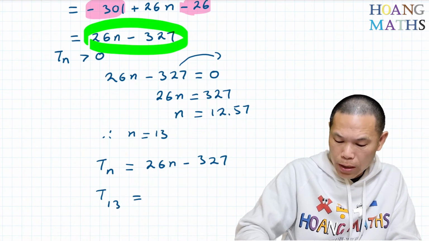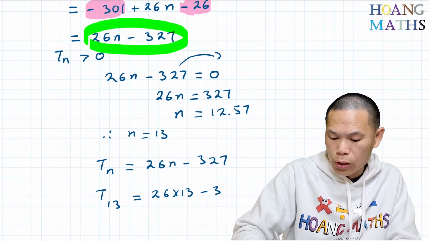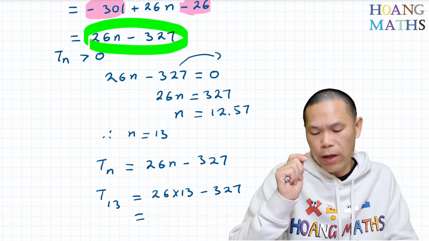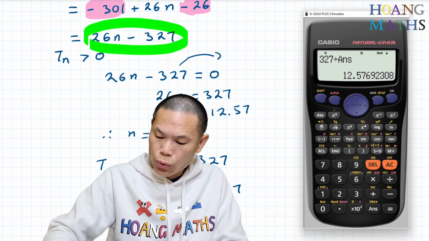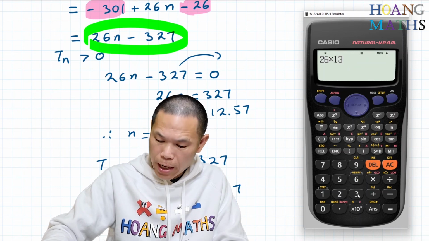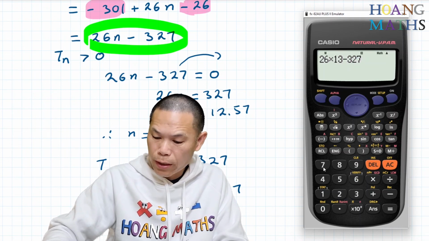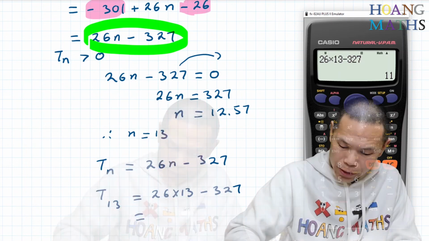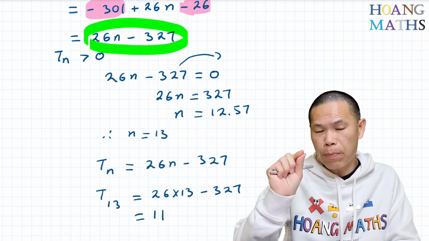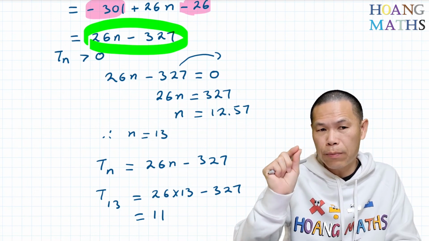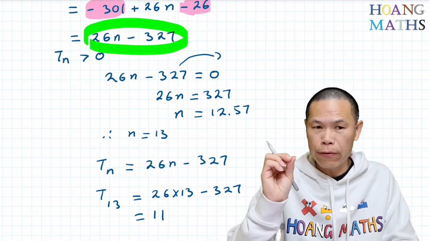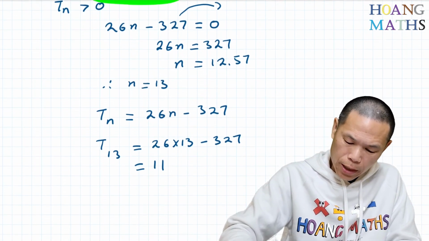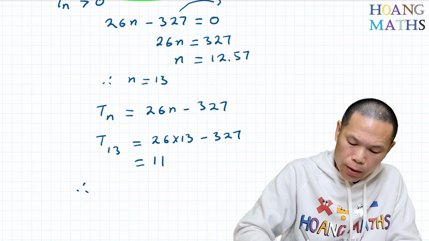So therefore, that gives me 26 times 13 minus 327. So that should give us the positive answer. So we just go 26 times 13 and then we minus 327. So there you go, 11. So the 13th term is 11. So that is the first term that is positive, okay? So if you put in term 12, you should get a negative answer. Keep that in mind, okay? So let me write it down. So therefore, the first